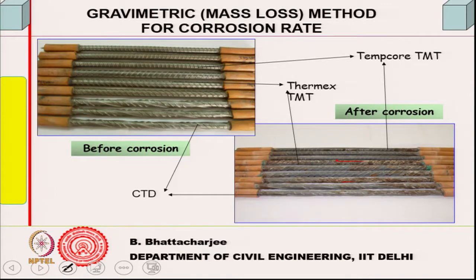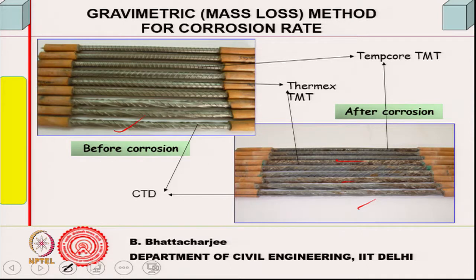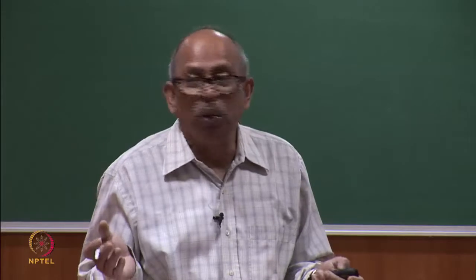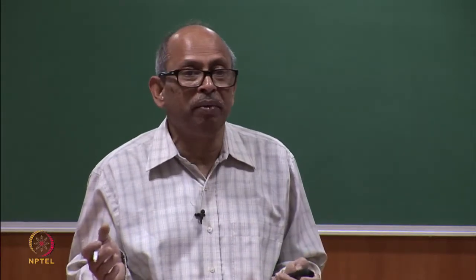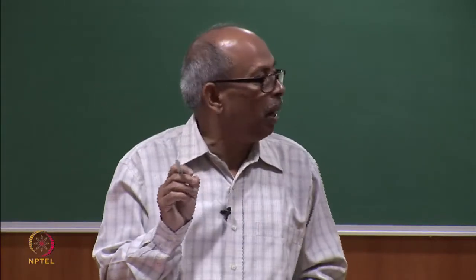Then you wash it off. The original mass is known to you, you find out the remaining mass, and if you have found out the area here, then you can find out the corrosion current density. This can be done for various steel types. I am just showing this is corroded, highly corroded, something less corroded. So, this is a gravimetric test you can do in the laboratory, but at an actual site, unless you have done it at a number of times, you won't be able to know what the rate is, because you have to know it at different times.